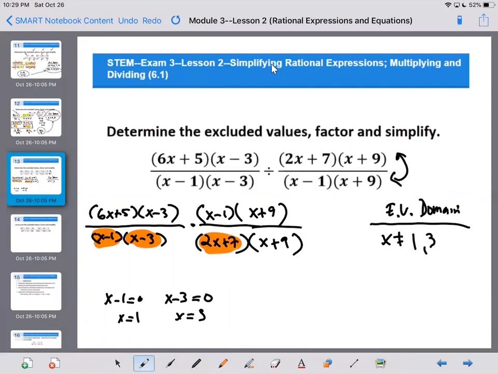So that would be 2x plus 7 is equal to 0. So let's subtract 7 and divide by 2. So x is equal to negative 7 halves. And then here we would see that x cannot be negative 9. Negative 9 plus 9 would make 0. So now that we have all that,